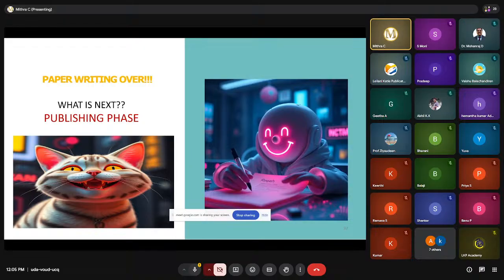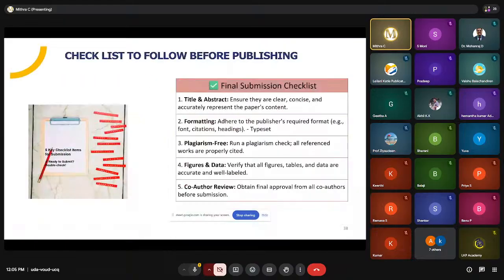Next comes the publication phase. So what is the publication? As of now, we have given the proper content about how to do the writing phase. Now comes the publication. In the publication phase, we will mainly have a few checklists to be considered. First of all, a clear title and abstract has to be done. Formatting can be done by a software called Typeset, where you can give your paper. Whichever journal you want, when you type it there, it will auto